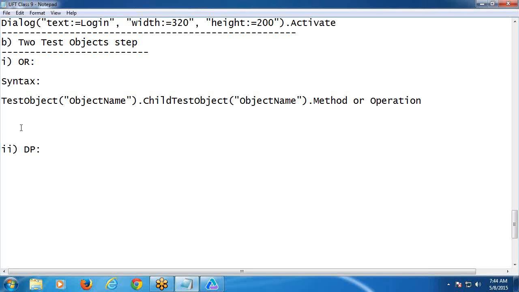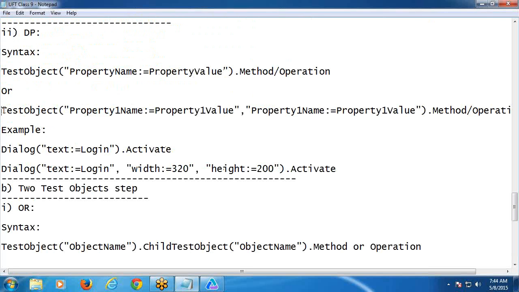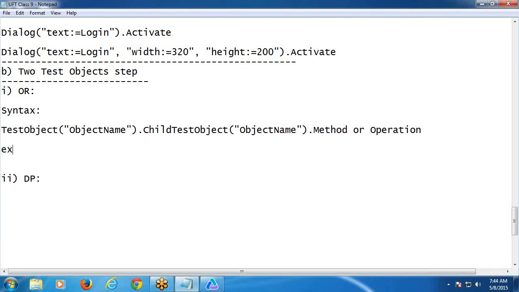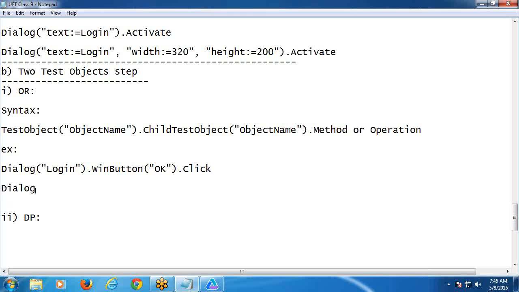Next example. Dialog of login dot win button of OK dot click is a plain method. Suppose another, dialog of login,